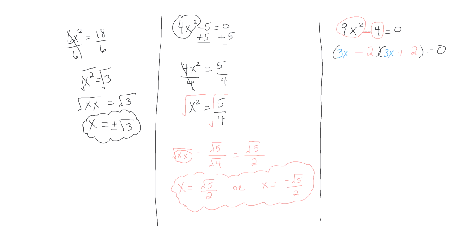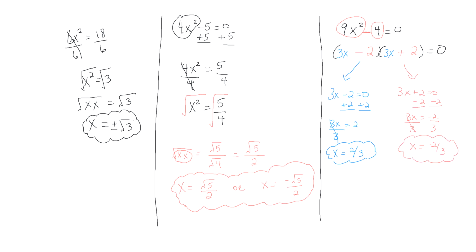Now I can set each of them equal to 0. One, and set the other one equal to 0. x equals minus 2 over 3. And if you wanted to use a new way that we just learned